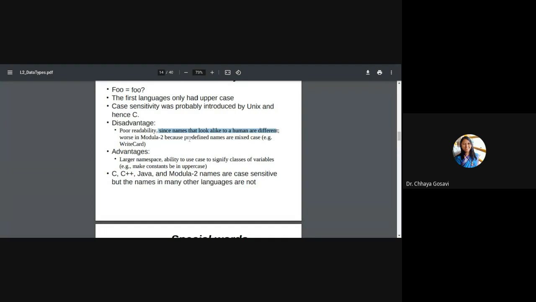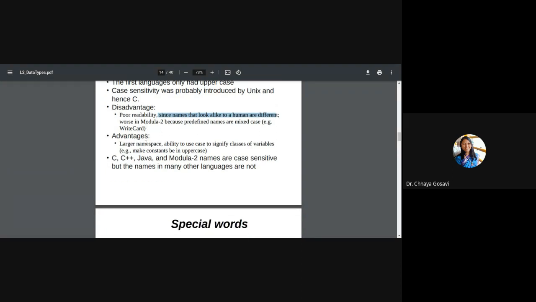It looks the same, but it is different. Java also supports mixed case, for example toString or IndexOutOfBoundsException, where the first character of every alternate word is uppercase. These are the disadvantages of case sensitivity.